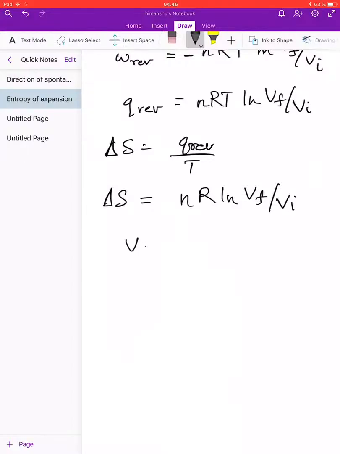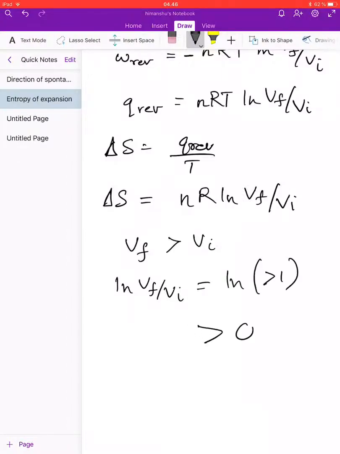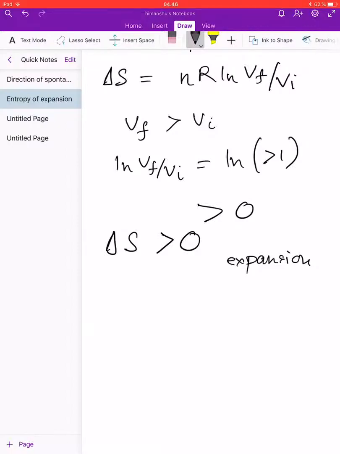Now, if the final volume is greater than the initial volume, then log of Vf by Vi is equal to log of some number which is greater than 1, and this is a quantity greater than 0, which means that delta S is greater than 0 when the gas is undergoing expansion. Similarly, if the final volume is less than the initial volume, then the entropy change will be less than 0, as would be the case